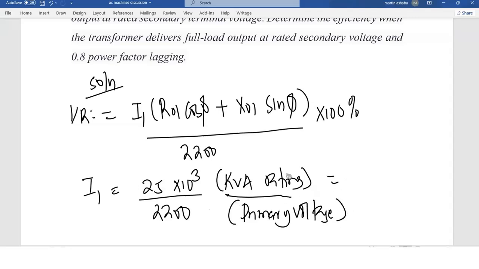So this is going to give us the current, 25 times 10 to the power 3 divided by 2200, which is 11.364